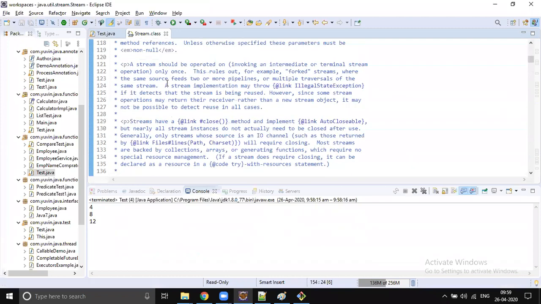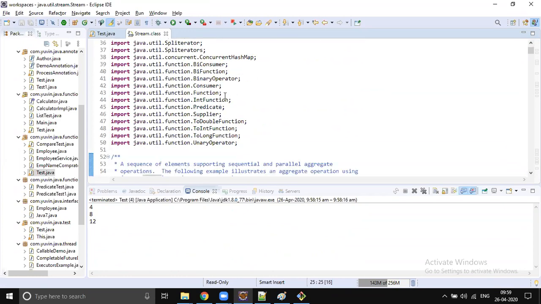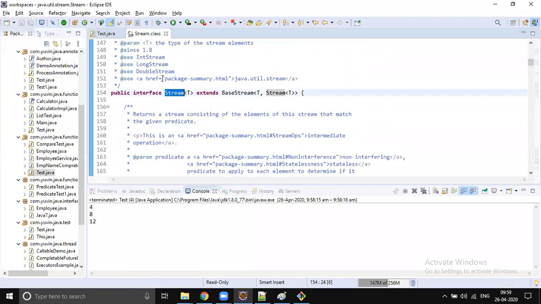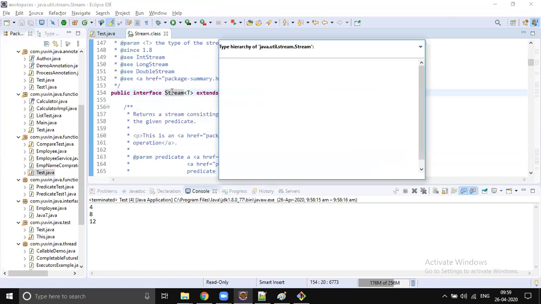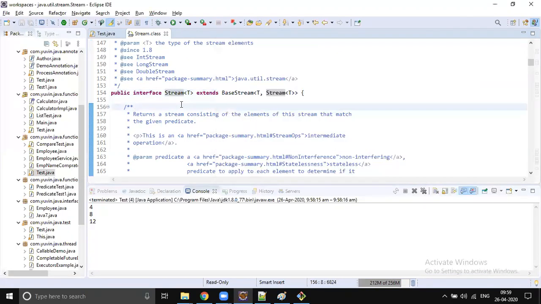Okay, so this is present inside a new package, java.util.stream. This package itself was completely introduced in JDK 1.8, and Stream is not a class; it is an interface, right? This is a newly introduced interface as part of JDK 1.8. And there are so many implementations available for this stream. You need not worry about which implementation you're going to use, right? As this is an interface, you need not create an object, right?